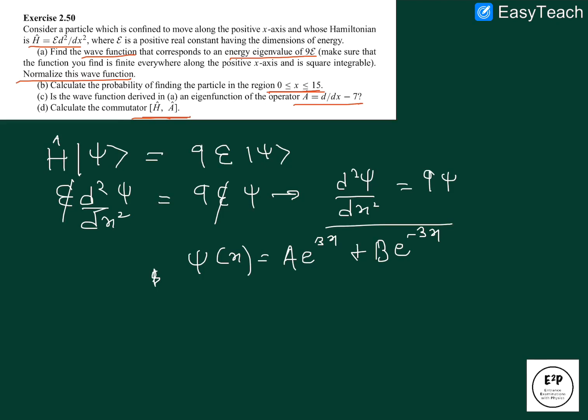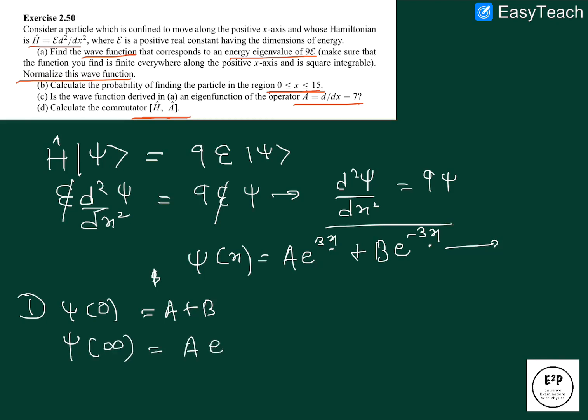Now we have to see, is this function finite and is it square integrable, or in very basic words, is this function an acceptable wave function? So we will see if that is true or not. So psi at 0 is a plus b. We got this because we put 0 at the position of x, and the exponential of 0 is nothing but 1. Now we have psi at infinity,